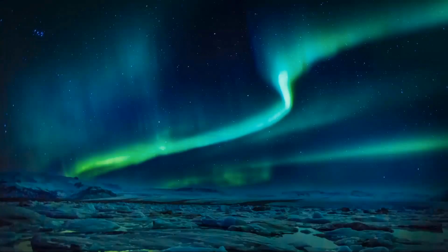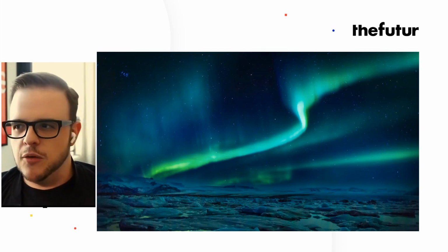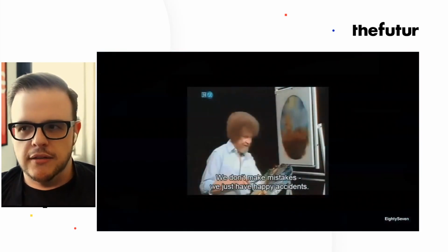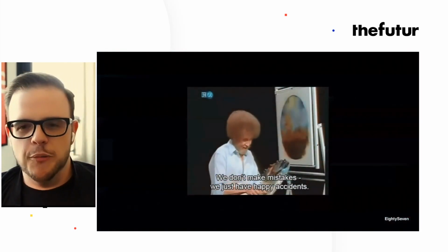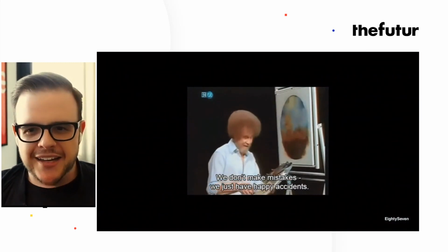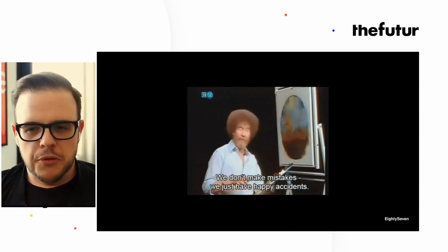And then, going back to the color exploration of, all right, we have greens and we have purples and blues. All those can work together naturally in a way when you look at something like the Northern Lights. All those colors can weave in and out of each other. And like Bob Ross says, we don't make mistakes, we make happy accidents. So this is kind of a happy accident that just sort of happened as I was going through the process of